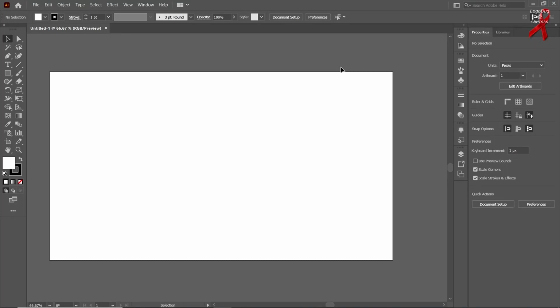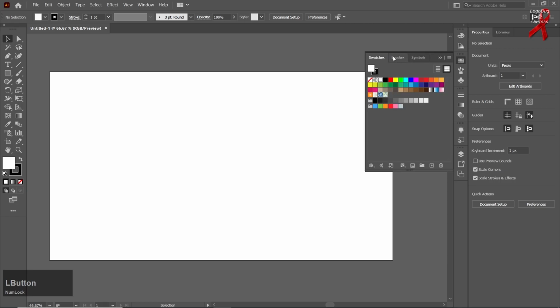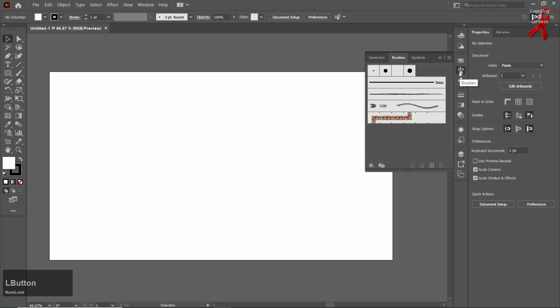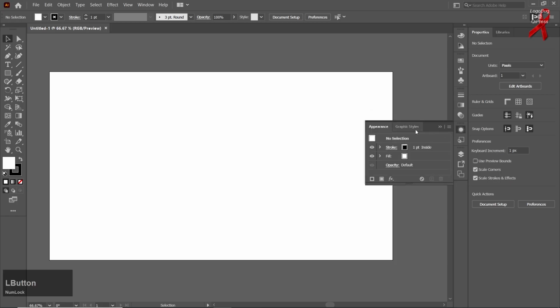In this tutorial, we are going to learn something interesting and new. We are going to learn about panels. The first thing is the color panel, and then we have the color guide. We've got swatches, brushes, and symbols, and then we have some of the brushes. We've got the stroke, gradient, and transparency, and then we have got